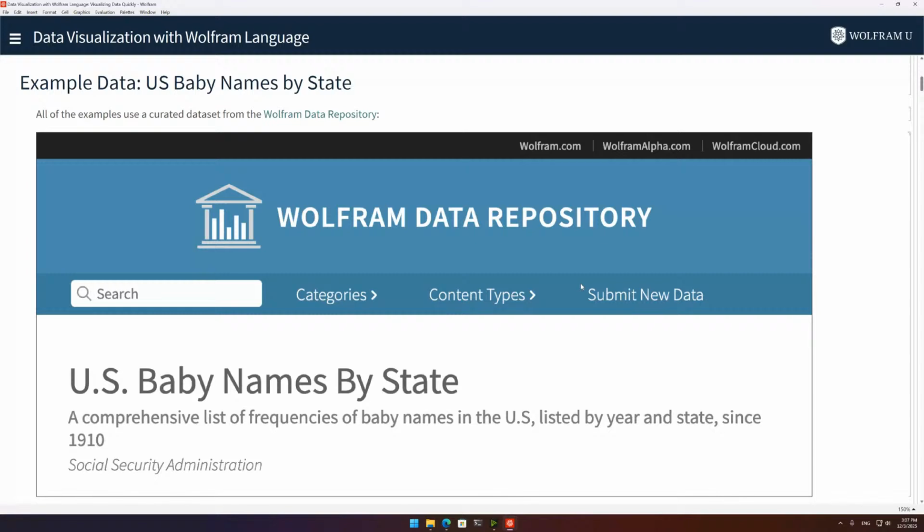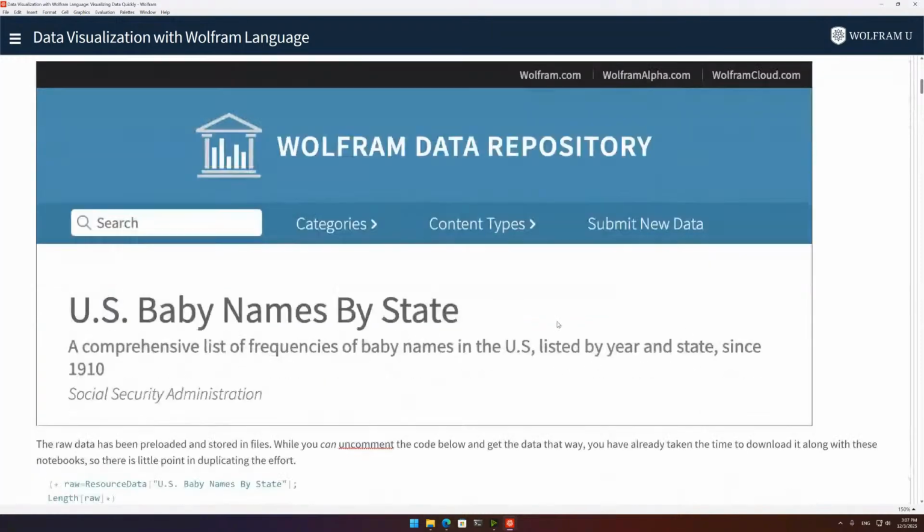So what is the data about? It's data about US baby names by state. It's a comprehensive list of frequencies of baby names in the US listed by year and state since 1910. That data comes from the Social Security Administration, which I am guessing is some US government institution. It's important to mention that all of the data you find in the Wolfram Data Repository will have its corresponding source, so you can verify that it is real data